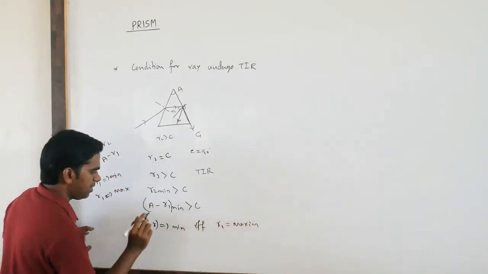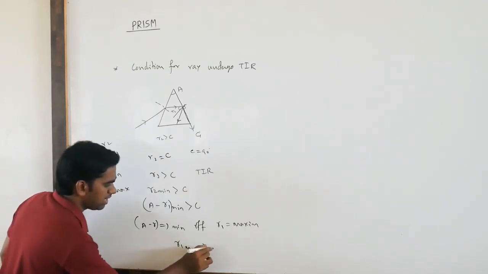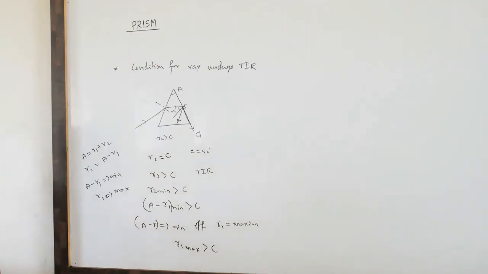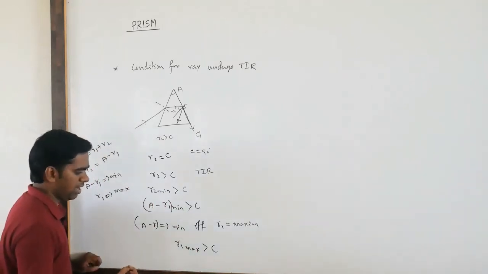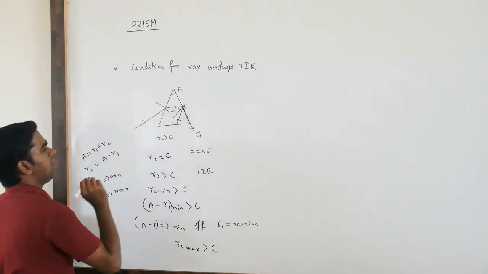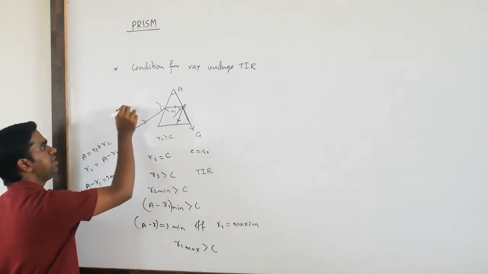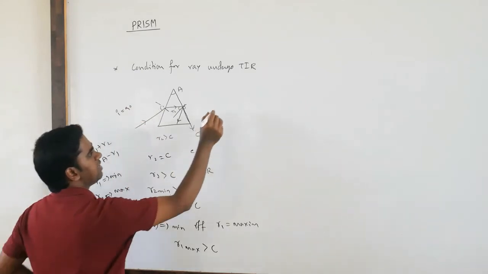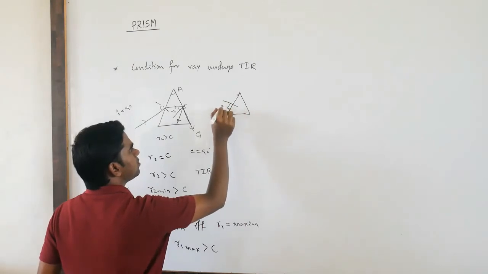That means the maximum value of R1 should be greater than C. So if this is the case, what is the maximum value of R1? What is the maximum value of I? Maximum value of I is 90 degree. If I equals 90 degree,